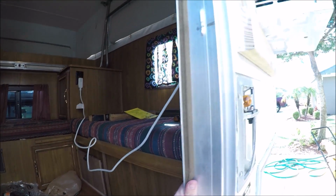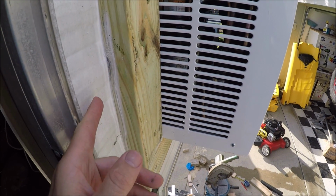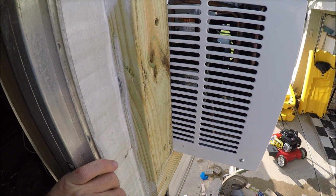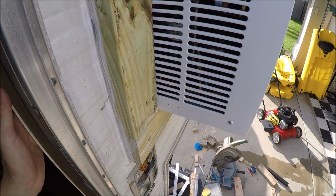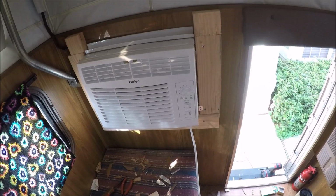Obviously it's in the way. I went a little overboard on the caulking, but that's fine. I wanted to make sure I got it all in there. And this whole trailer is going to get rolled with bed liner, so it's going to cover up all that and add a little more protection. But I'll make sure I check it all again and maybe run another bead all around everything before I roll it with bed liner. But on the inside, this is going to get all painted, of course, and everything, but